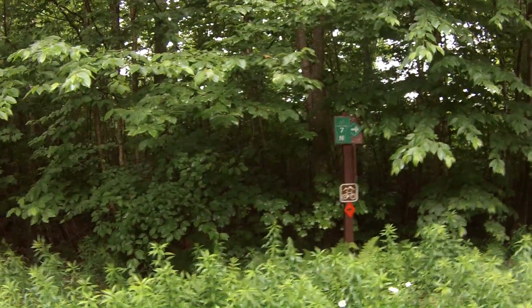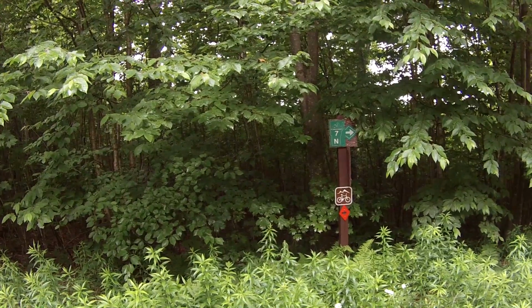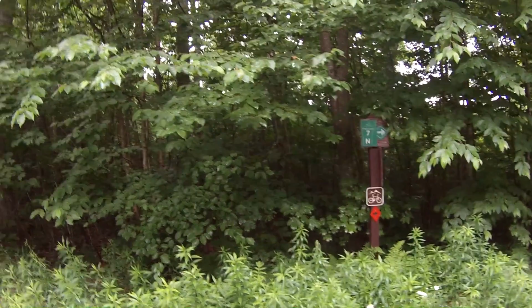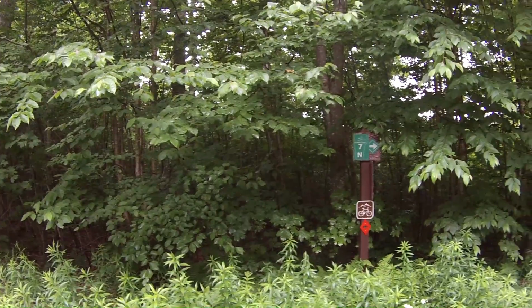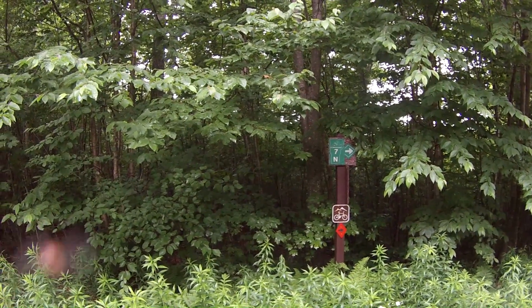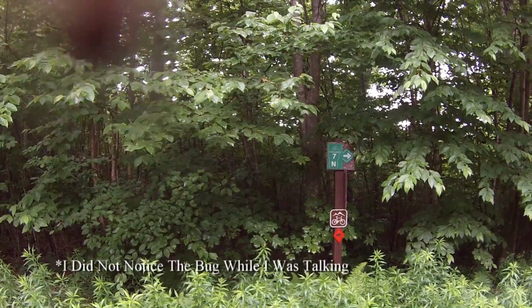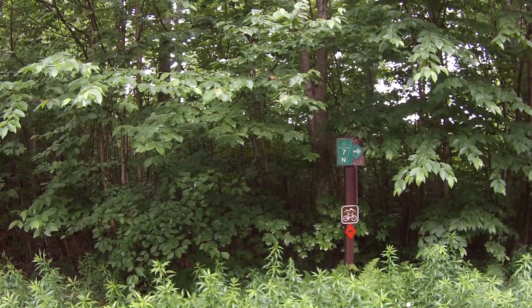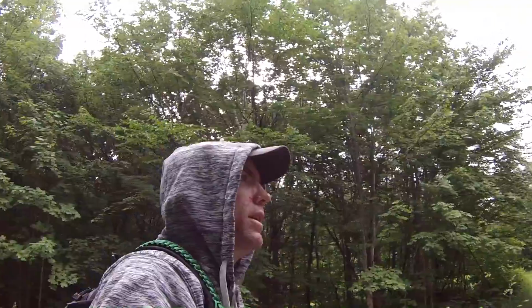As we get to the road, we see these two signs. We see the bicycle trail go to the right, great. We see a snowmobile sign that says 7N. Now, if that's Route 7 North, well, it's got the snowmobile sign, so maybe it means something else. I don't know. But right is definitely not the way we want to go. Left would be the way we want to go,